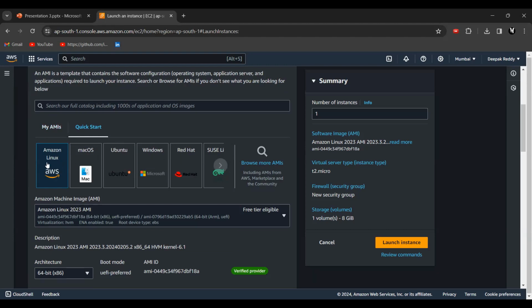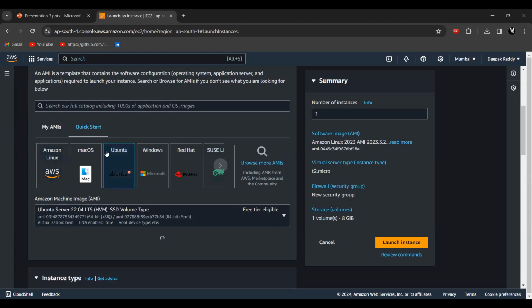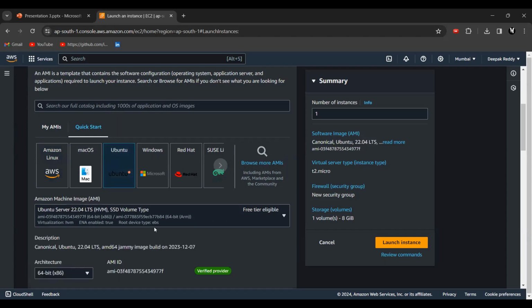That's it. At an organization level, you don't want only plain images. If you want your application to be running, you want an Ubuntu operating system with some software installed on top of it. That is why you have this AMI concept.